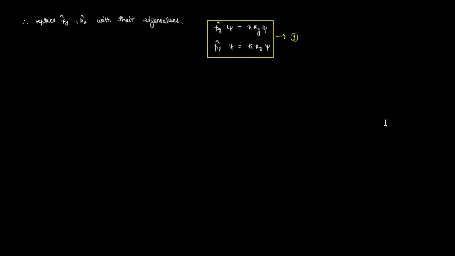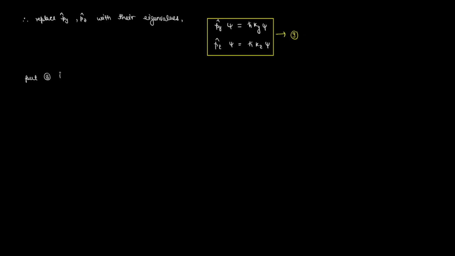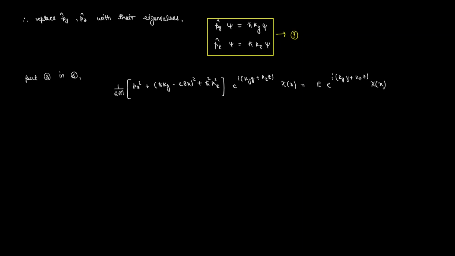so that if we put the equation 8 wave function in our Schrödinger wave equation, we will get, and if you substitute the eigenvalues of Py and Pz, then this will simplify to Px squared divided by 2m plus e square B square divided by 2m times (x minus h cut ky divided by eB) whole square acting on chi will be equal to